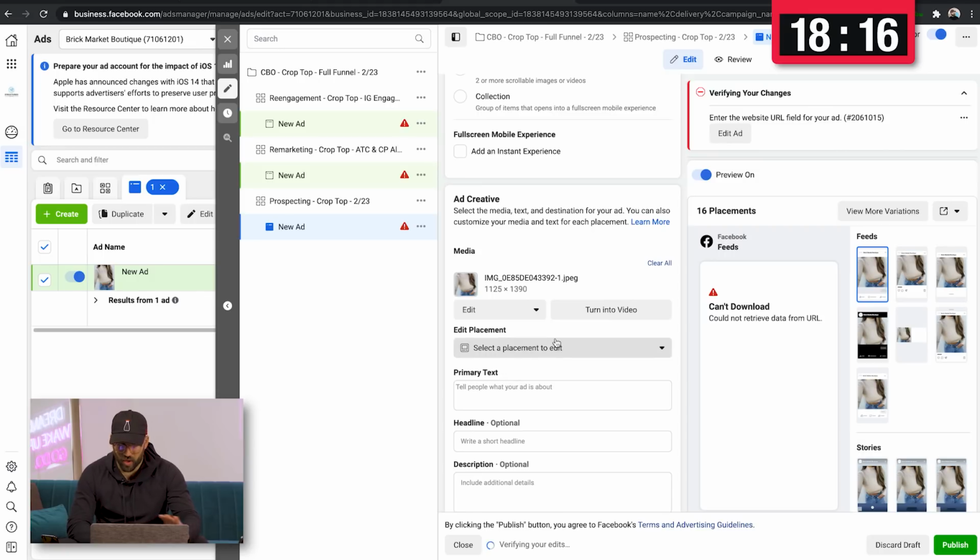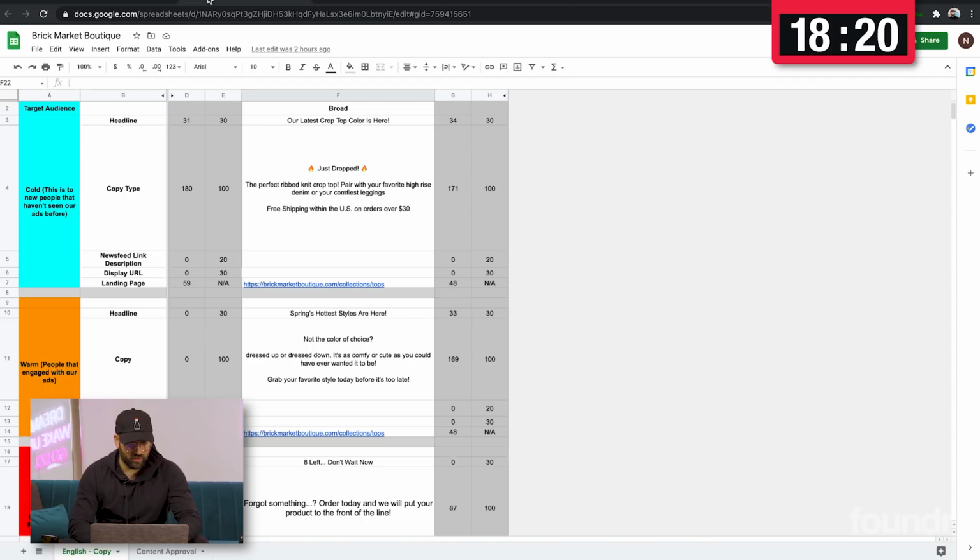And I already have no editing on the placement. I'm totally good with this one image. I'm going to go back into my actual assets. I've already written the copy of what I want for prospecting top of funnel. You can see this nice little sheet really lays it out. Really simple for me to just come in here, grab my headline,